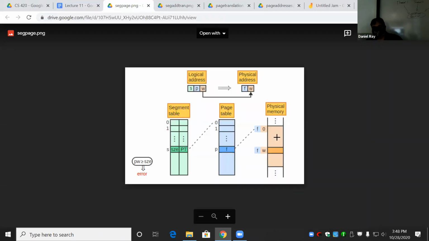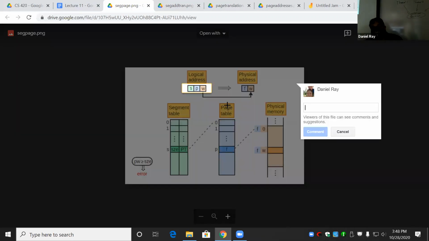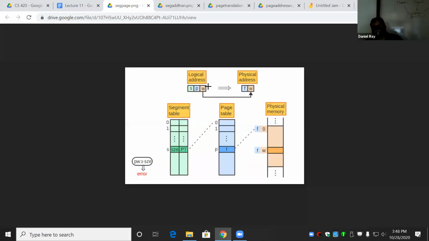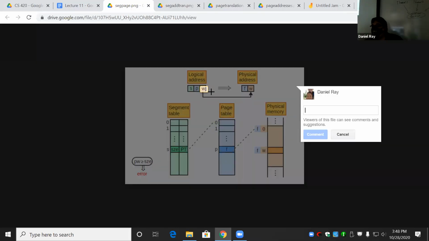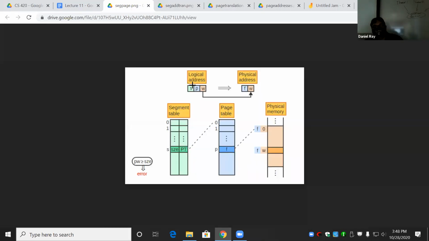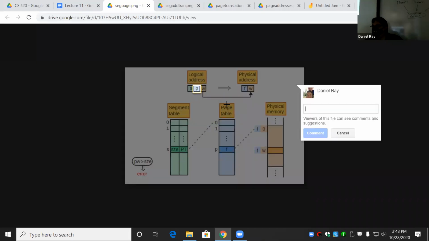Okay, it looks like this when we do the address translation, right? You get your segment, you got your page, and you got your offset. And we have divided the logical address space into those three components, okay? The leftmost bits tell us which segment. The rightmost some number of bits define how big the pages are, okay? And the middle bits between those two give us a page number,